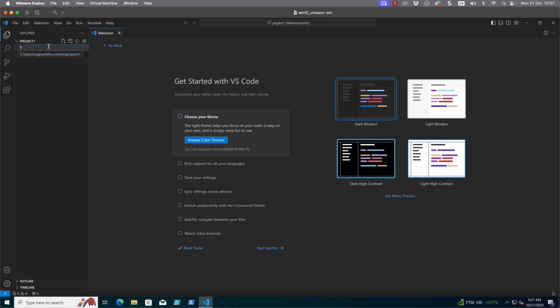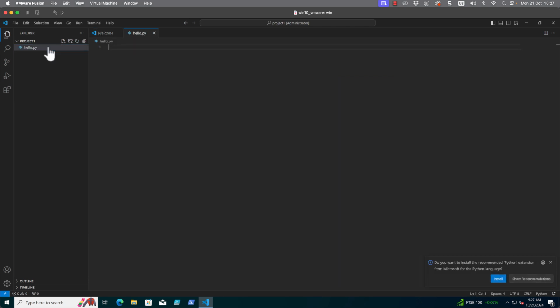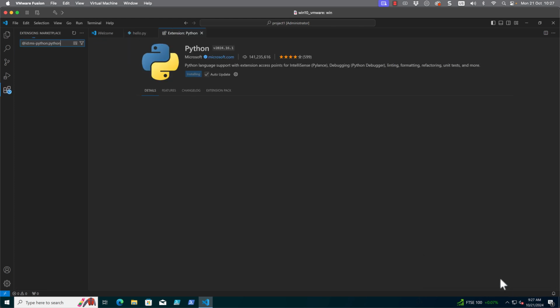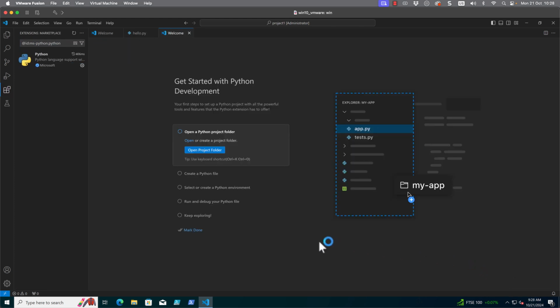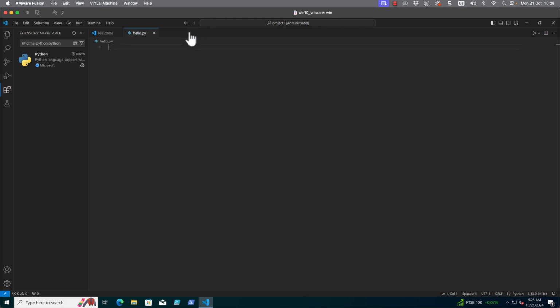When I give it a name and crucially the extension, it's going to understand what type of file it is. So I've got my hello.py file that I'm going to create. This is a new file, but we have the Python icon next to it. We can see towards the right-hand side of the screen that the IDE would like to install an extension so it knows how to work with Python. With that installed, I can close the welcome screen.